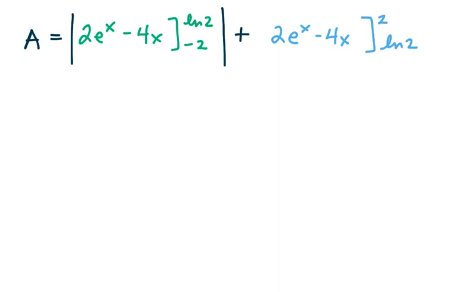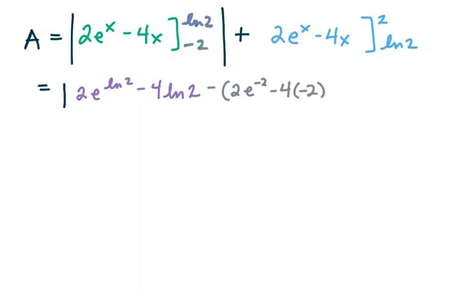So what this looks like, if I plug in, let's say, natural log of 2 first, I've got 2e to the natural log of 2 minus 4 natural log of 2, minus, so we'll have minus 2e to the -2 minus 4 times -2. So simplifying just this first piece,